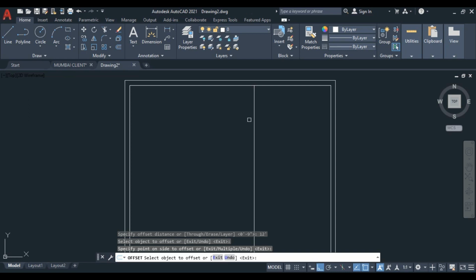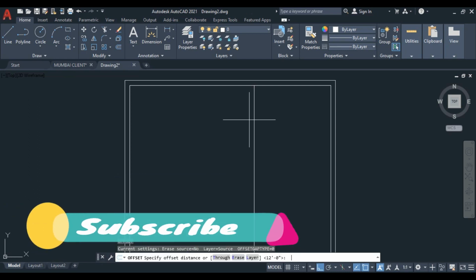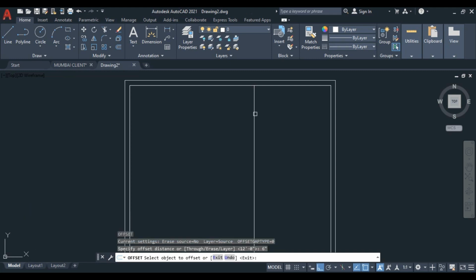So the standard size of internal wall is 4 inch, 5 inch, 6 inch, I'll provide 6 inch here. So again take offset and 6 inch, press enter, and just click to this line and just click here. Okay, suppose you are taking offset or making the inner wall for the bedroom.